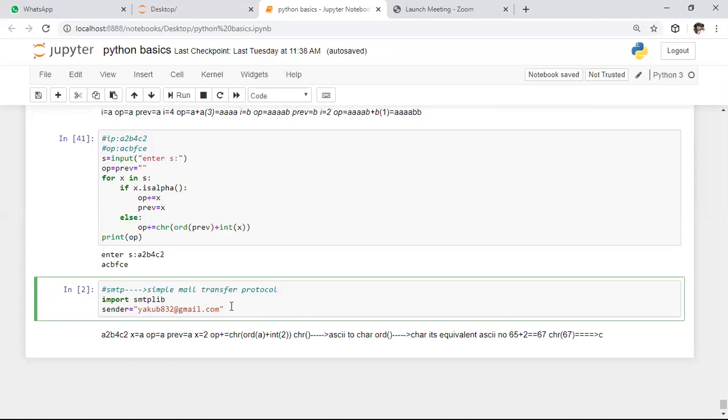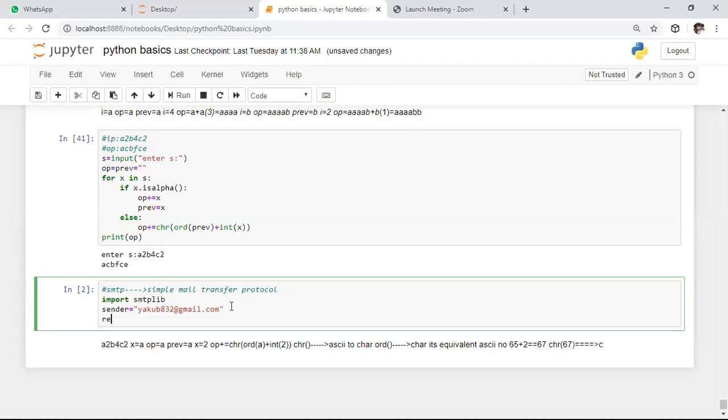After specifying the sender ID, we need to specify the receiver mail ID. These are just variables. In the receiver mail ID, you need to specify the mail ID of the person to whom you want to send the mail. I think I already sent a mail to one person. The student mail ID is Ramyanachupalli105@gmail.com. So Ramya, you can check your mail once. You will get a mail from my mail.